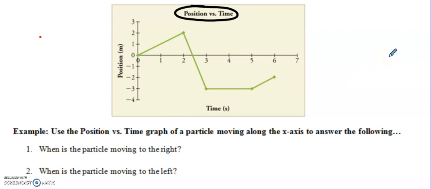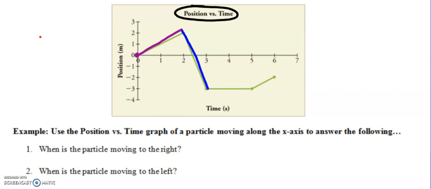Hopefully you took some time to think for yourself, but let's talk about this position versus time graph. So when we talk about position being 0, it means that we're at our home base, right? We're at our start point, all right? So from my start point, it looks like I moved 2 in the right direction, then I moved backwards till